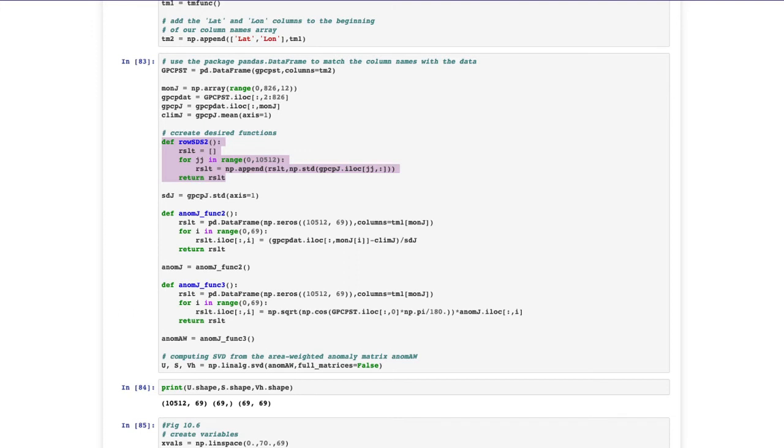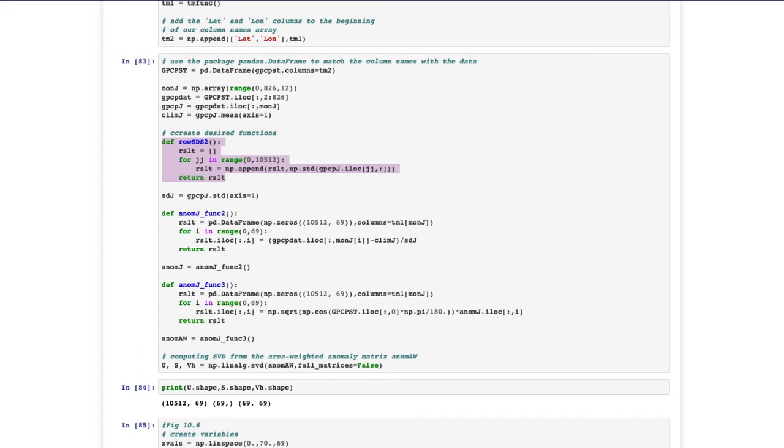Then we're entering a for loop where we are going to append each standard deviation of that GP-CP-J matrix, where we are grabbing each row in it and computing the standard deviation and adding it to our result